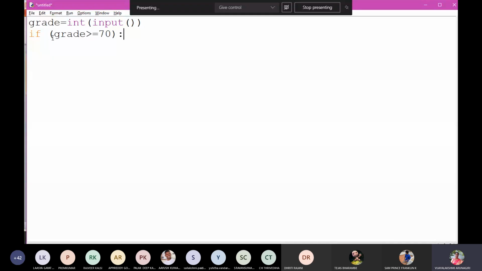Colon. After pressing enter, automatically it will come to the tab space. If it goes here, the statement should not start in the first column, the if statement or false statement. At least 2-3 spaces should be there. Here I am writing.